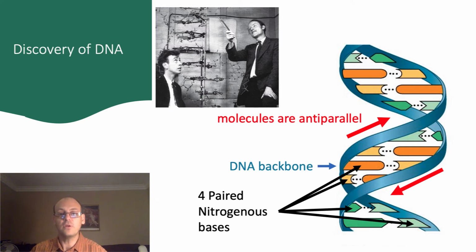First, note that the DNA has two basic parts: its backbone, here represented by the ribbon in blue, and its nitrogenous bases, which face each other and branch off the backbone. Next, what do we mean by a double helix? There are in fact two molecules, each with a backbone and nitrogenous bases. Each of these molecules is a single helix, but DNA exists as a double helix with the two molecules wound